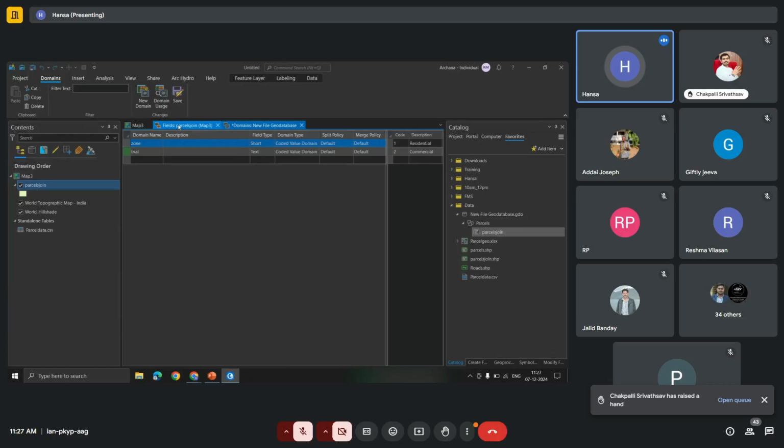And here you have this retail. So instead of retail, I'll select it as commercial. So again here you can just, this is residential. Okay, so when you're giving residential,